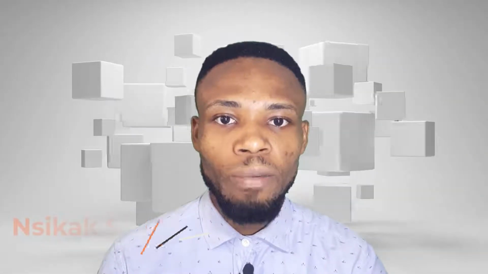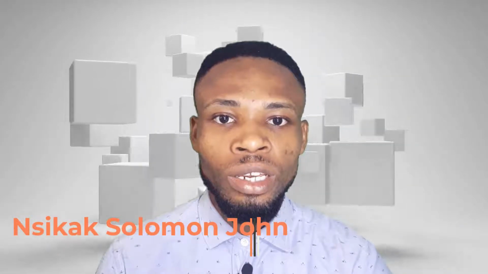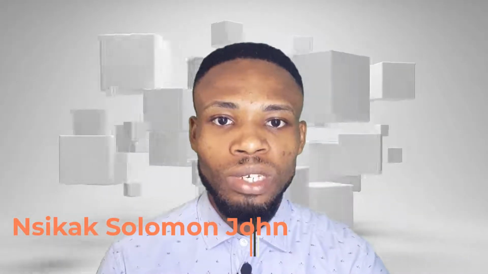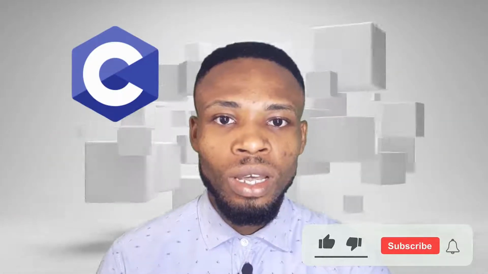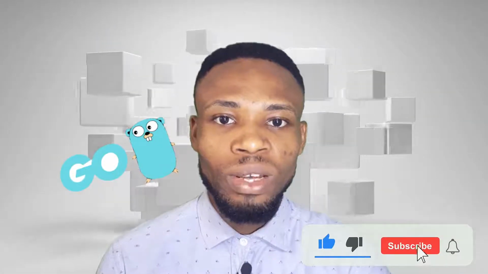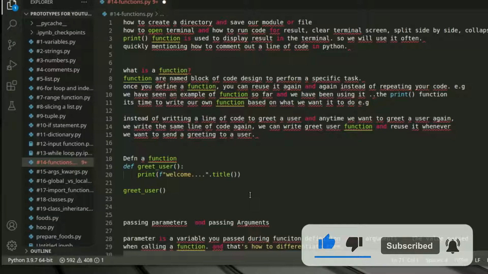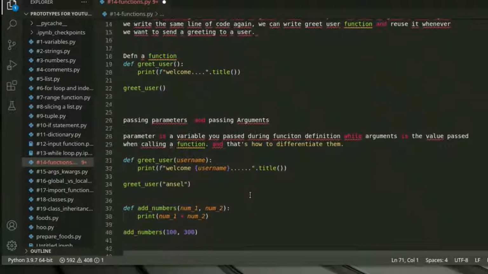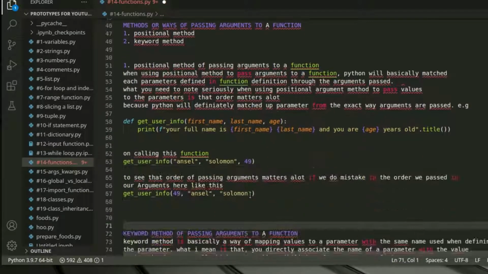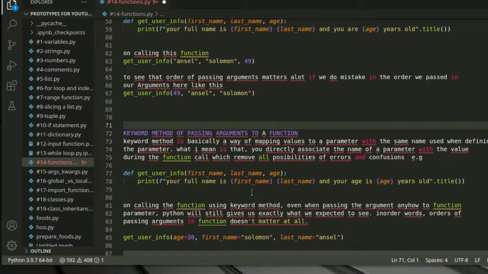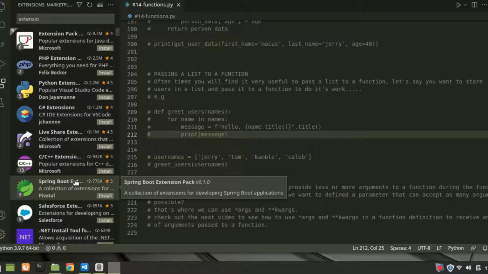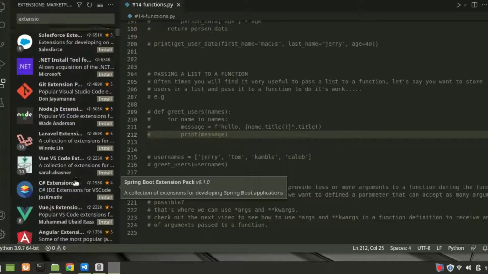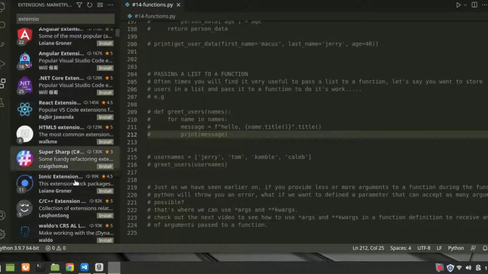Visual Studio Code is one of the best code editors used for writing programming lines of code. It gives support to most programming languages like Python, Java, JavaScript, C#, C, C++, Go, and the rest of them. Being developed and maintained by Microsoft, the code editor comes with a lot of powerful features and tools like syntax highlighting, the ability to debug your code, and thousands of extensions that you can easily download, install, and customize to help speed